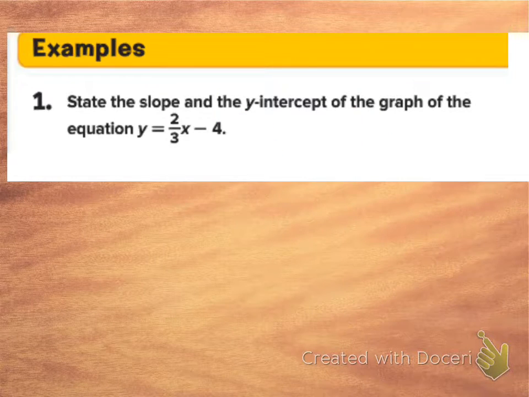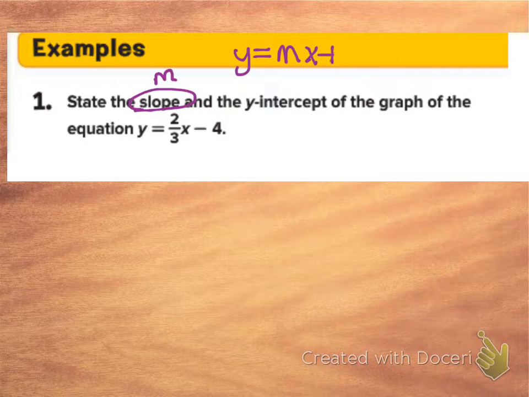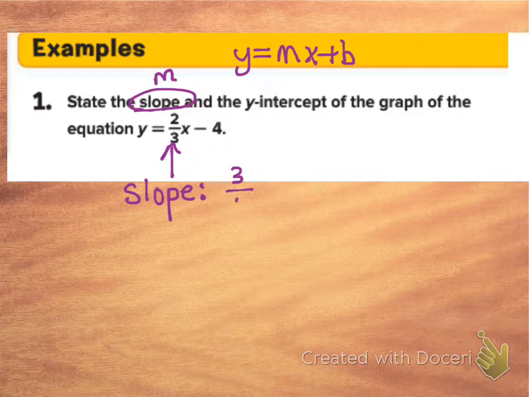So we take a look at example 1, where we are asked to state the slope and the y-intercept in the graph of the equation. So again, that's just really looking at the numbers in the right spot. So if we know that slope is in the m spot in y equals mx plus b, then that tells us to look here, okay, the slope in this equation must be that value, and so the slope is 3/4,